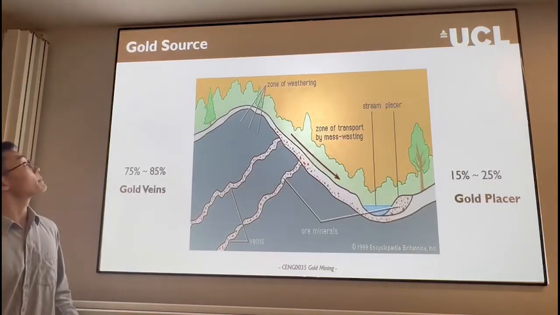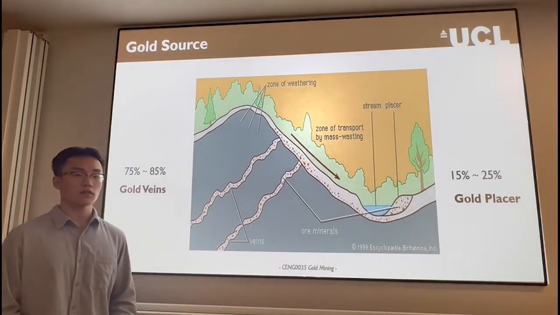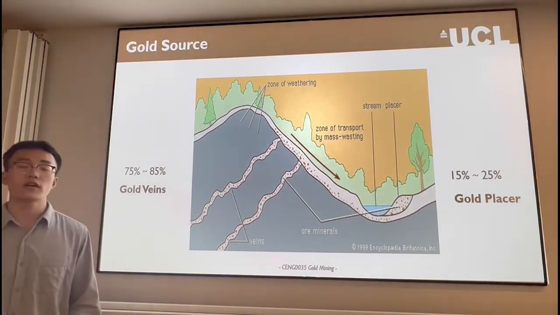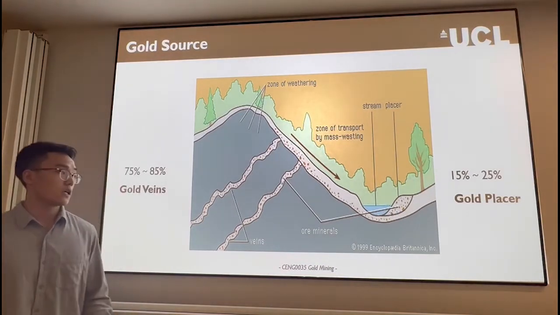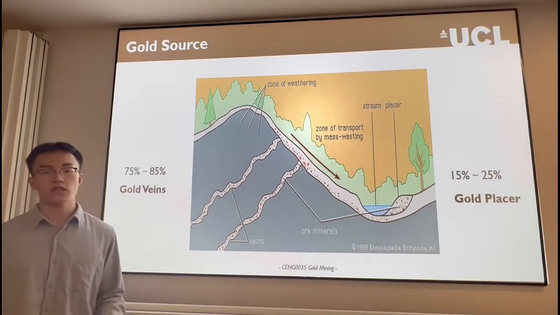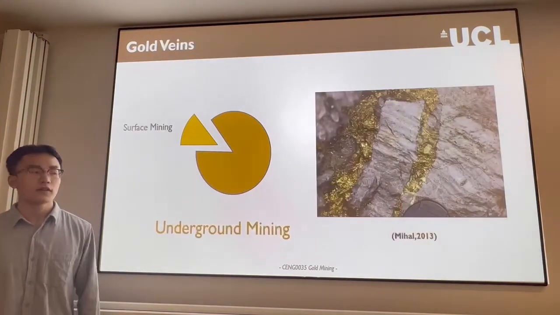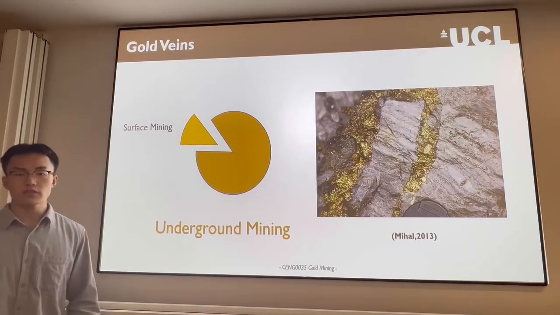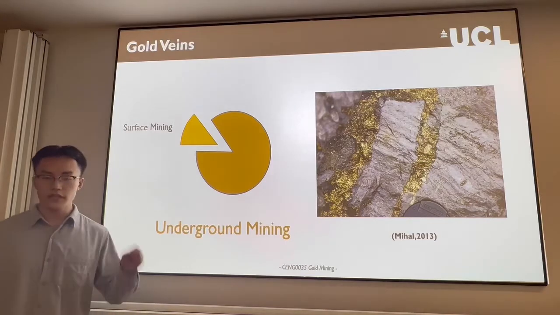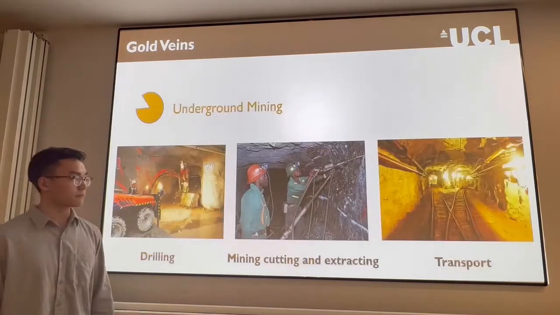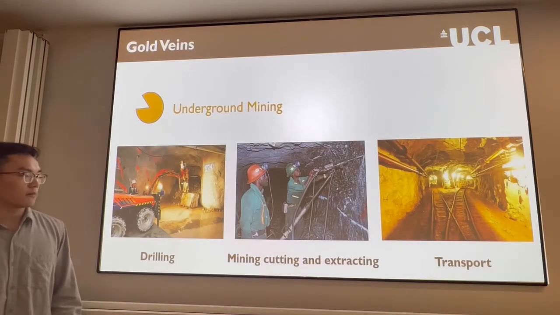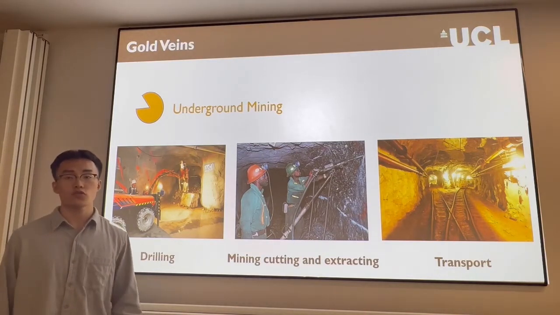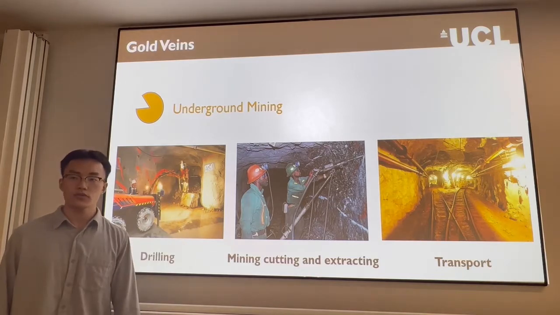Moving on to the source. Some of them are extracted from gold veins, some from placer. It's worth mentioning that due to environmental protection factors, placer production has further declined. In terms of gold veins, underground mining is mostly used because of the thin veins. In particular, manual operation is used in cutting and extracting. The principle is to improve the technology and reduce the waste.